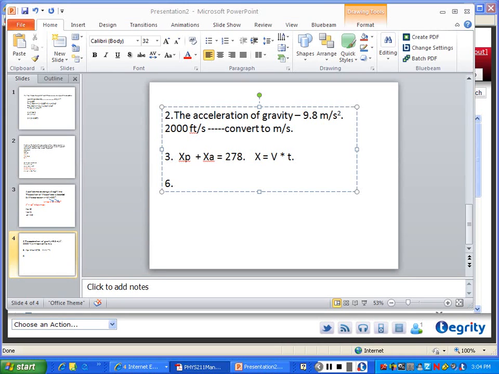Let's see here. Just sort of glancing at some more of these problems. Number 10, the only thing about number 10 that might give you some pause is that it's a high velocity. 400 meters per second is a high velocity, so that means that you're going to get a large acceleration as an answer, because